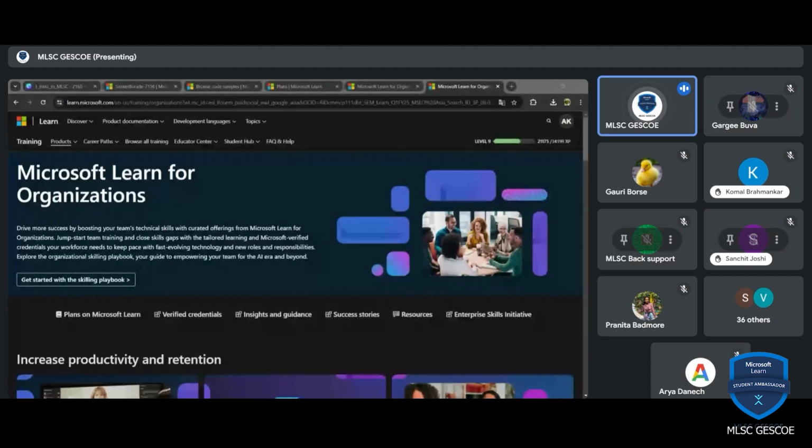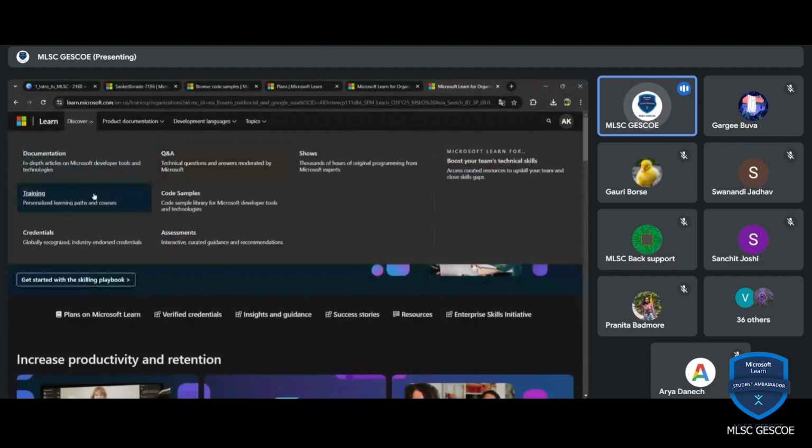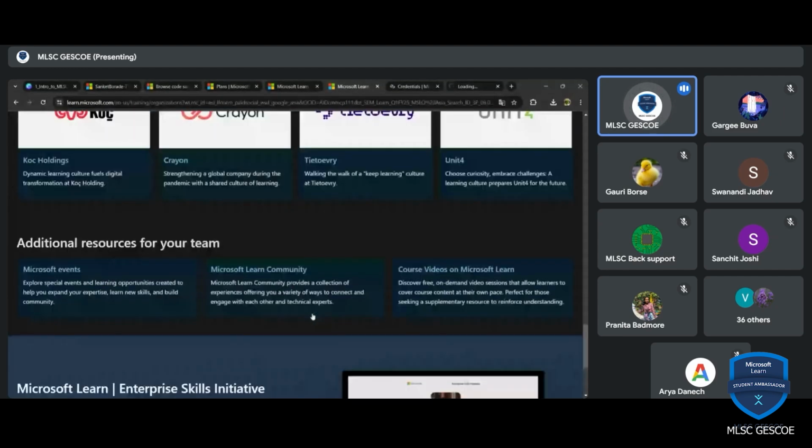Okay, let's continue. I believe we are done with the documentation part. Similarly, we have training sessions, we have credentials. I will be discussing credentials, code samples as well. And first of all, let's go for